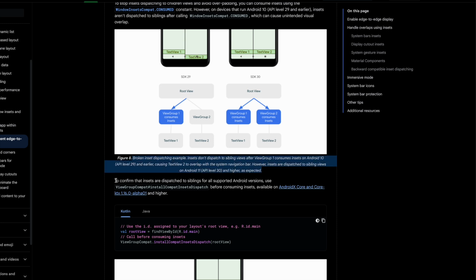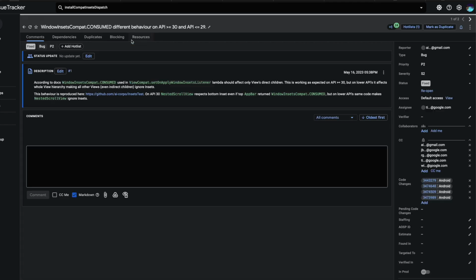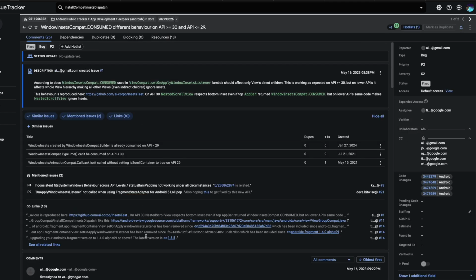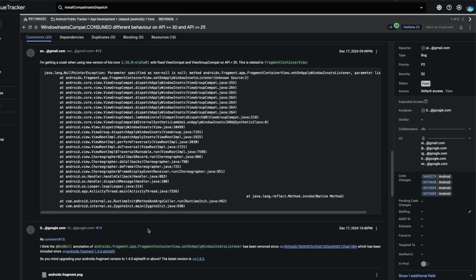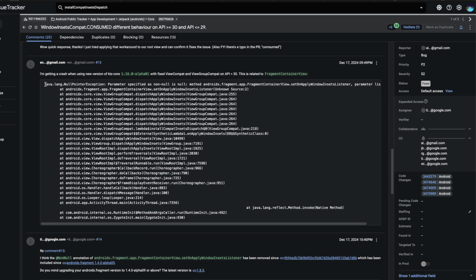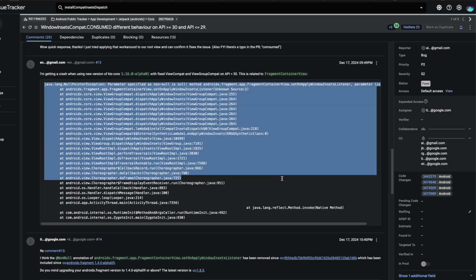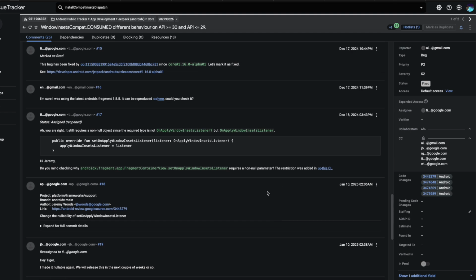There is a new API on the alpha version of Core KTX, but that one also is not working because, if I remember correctly, it has something to do with the non-null parameter that is required.